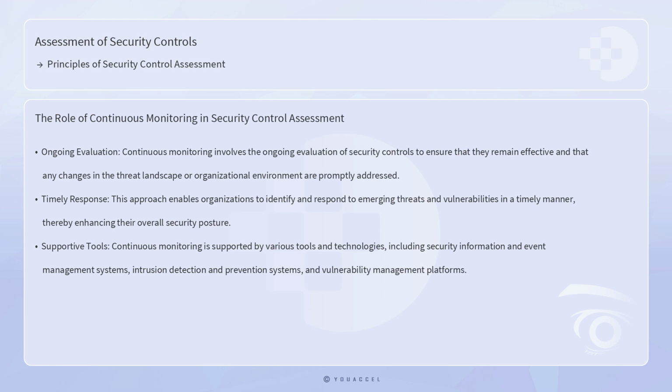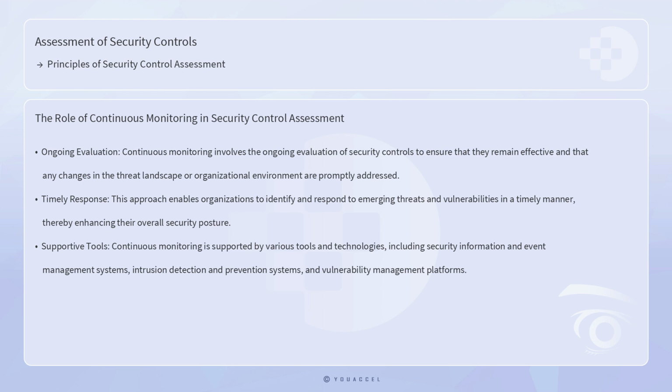The role of continuous monitoring in security control assessment cannot be overstated. Continuous monitoring involves the ongoing evaluation of security controls to ensure that they remain effective and that any changes in the threat landscape or organizational environment are promptly addressed. This approach enables organizations to identify and respond to emerging threats and vulnerabilities in a timely manner, thereby enhancing their